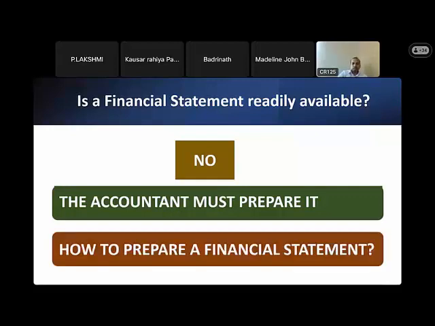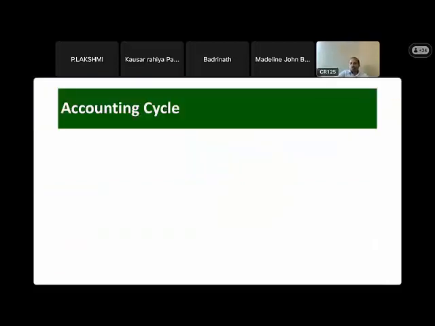All right. So now the question is, how to prepare a financial statement? This is a pretty big question. Many of you have already gone through it, and that process we call the accounting cycle, or we can call it the accounting process, system, whatever. Very commonly we use this accounting cycle. So how does the accountant do it? I mean, how does he prepare the accounts to get these financial statements? There's a cycle, there's a process.